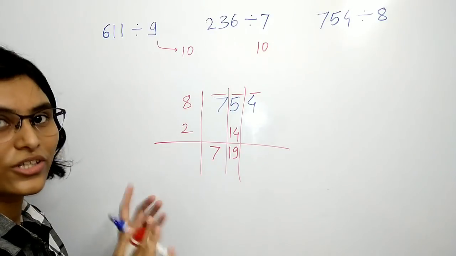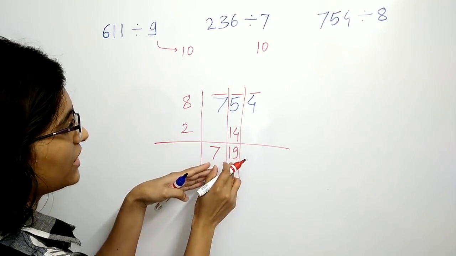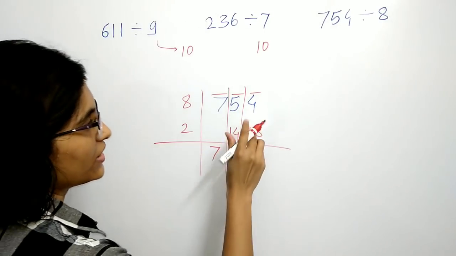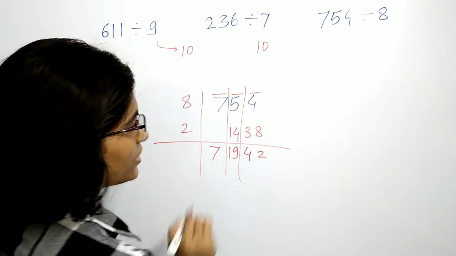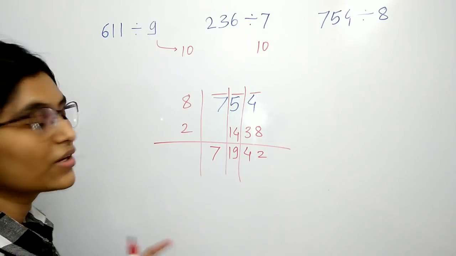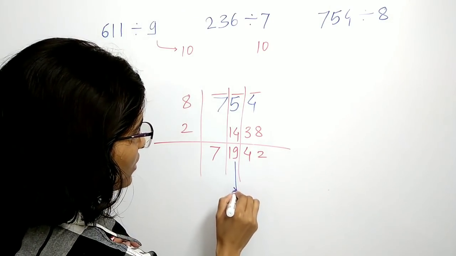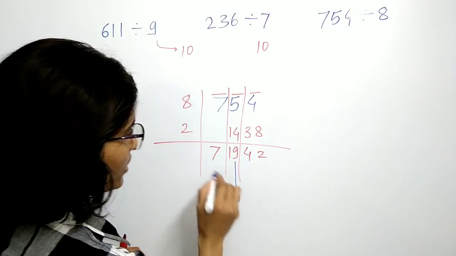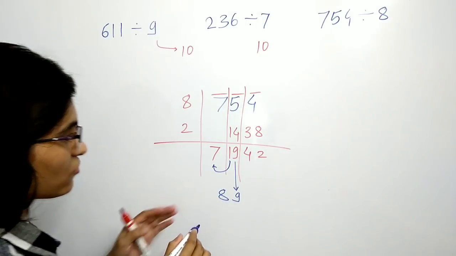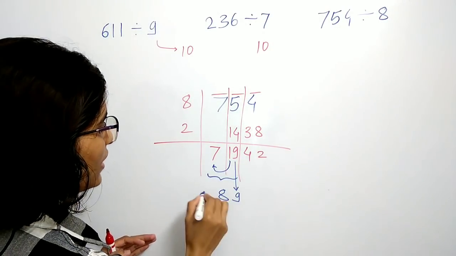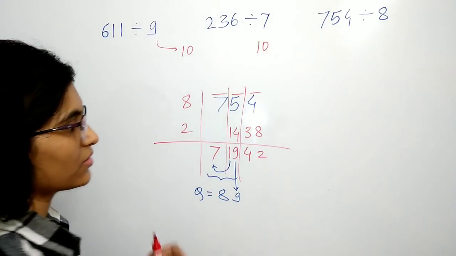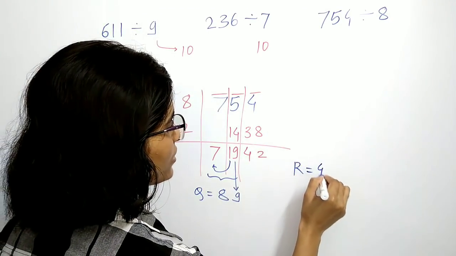Now here we have a two-digit number, right? Now again you multiply this 19 by this 2. So we have 38. Add these 2. So 38 plus 4 gives us 42, right? Now we have 19 over here. So you just take one digit from this, the rightmost digit, and add the remaining 1 over here. So this is 7 plus 1 is 8, and we get 89. So in this case, the quotient is 89 and the last column is just for the remainder, right? So we have the remainder as 42.